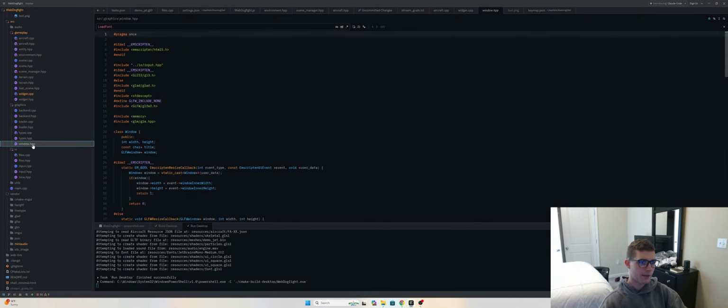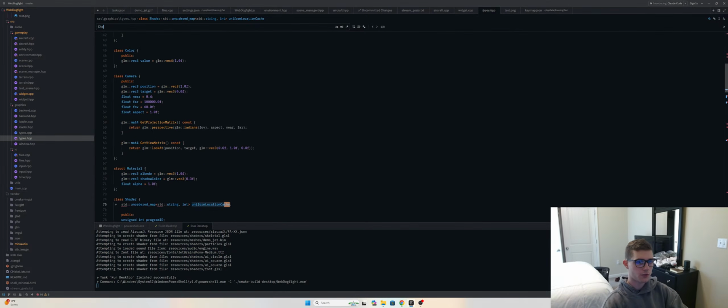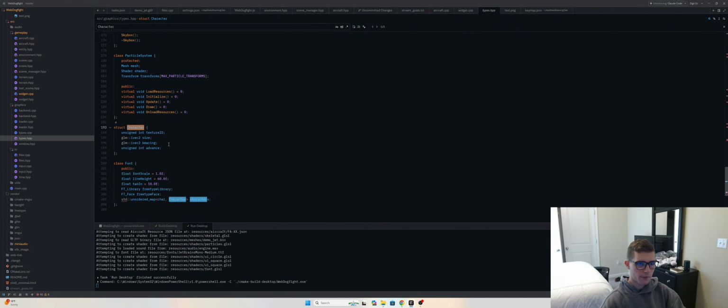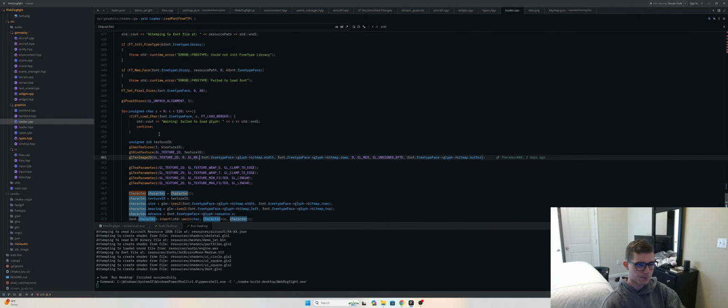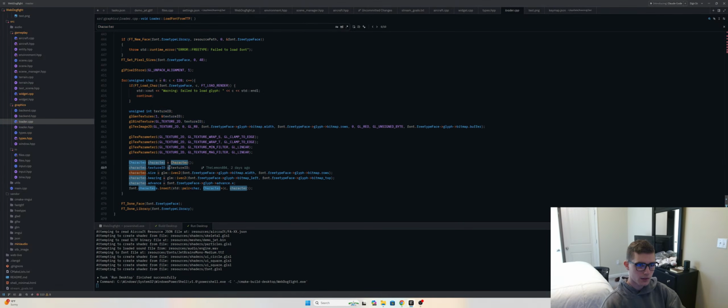But the first thing we're going to have to change is how textures are stored. Firstly, we should not have a texture stored in the character. We should have an atlas texture here. Okay, that's the first thing that's going to happen. The second thing that's going to happen is